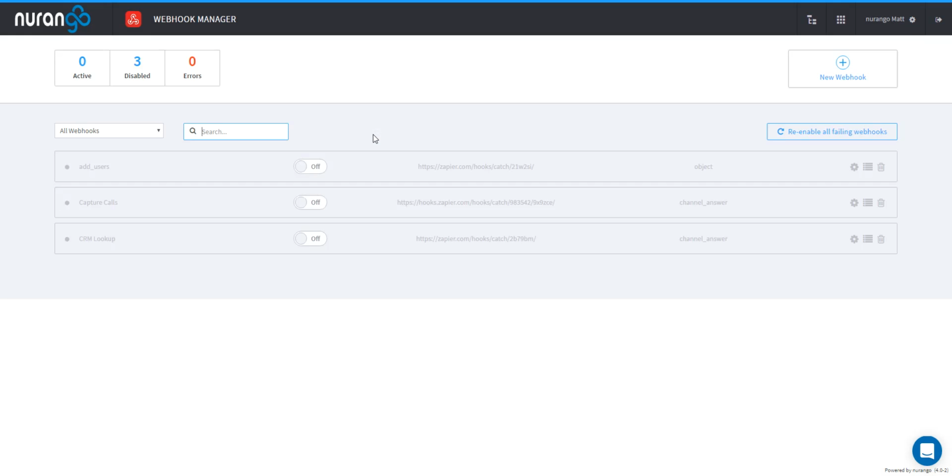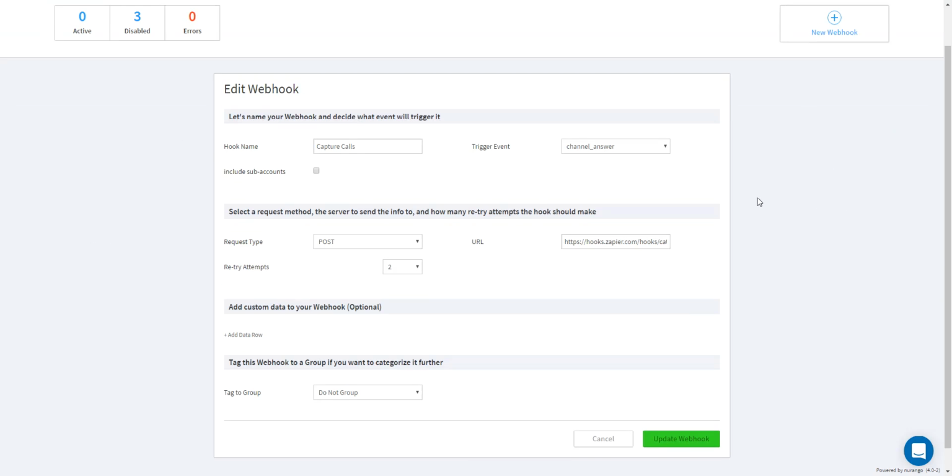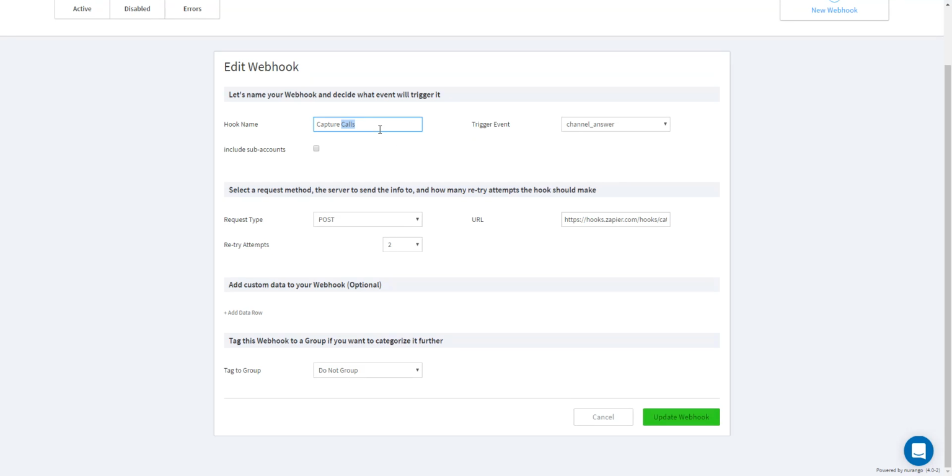Go ahead and click on the WebHooks Manager app, and you can set up a new webhook with the parameters something similar to this. Hook name: capture calls. Trigger event: we're going to go with channel answer, or channel create if you would like to have the data when someone makes the call but not necessarily when it's answered. You can do a channel create versus a channel answer. The request type is post. In case of failure, we're going to retry twice in this case,